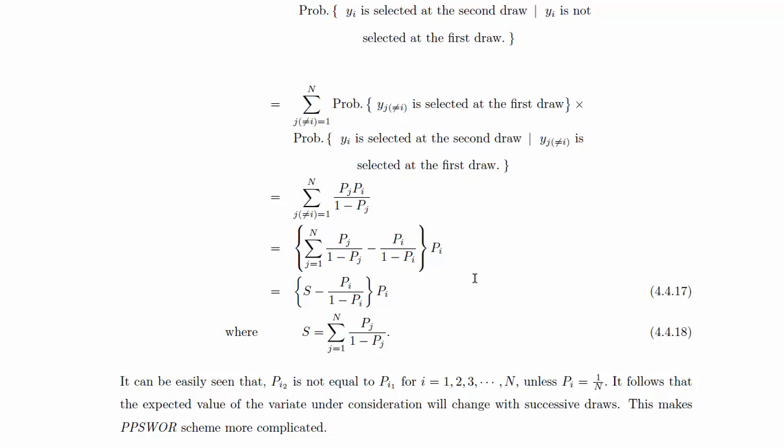And later on we shall see PPS with replacement sampling also gives a more precise result than the PPS without replacement scheme. This is just the reverse of simple random sampling. In simple random sampling, we have studied that simple random sampling without replacement gives a better, more precise estimate than simple random sampling with replacement. But here in the unequal probability sampling case, unequal probability sampling with replacement is better than the unequal probability sampling without replacement scheme.